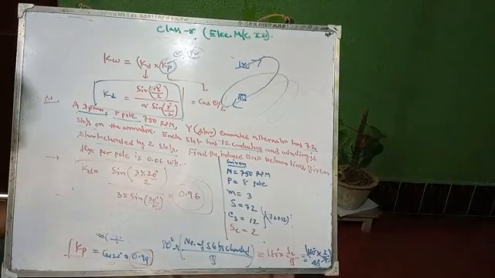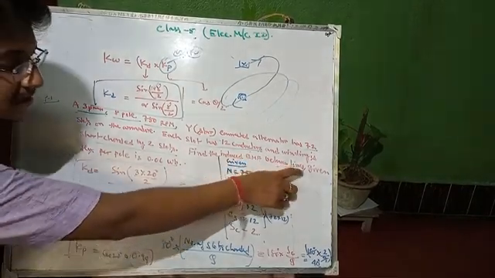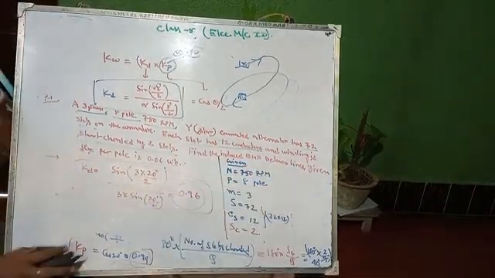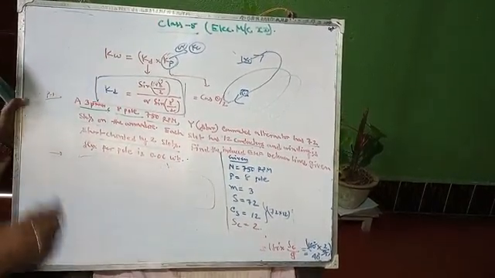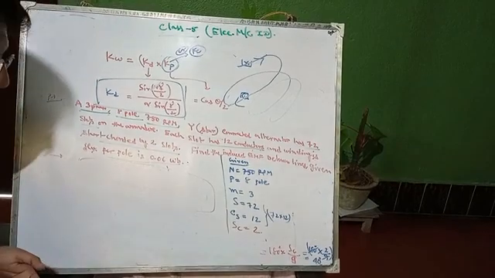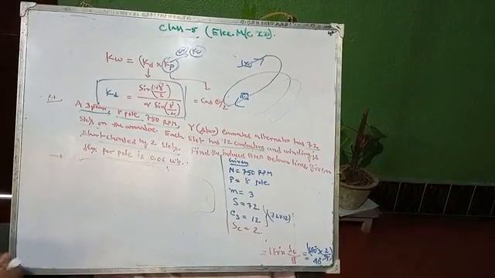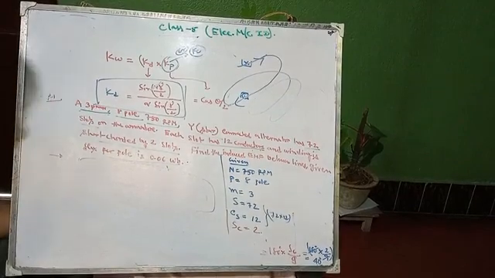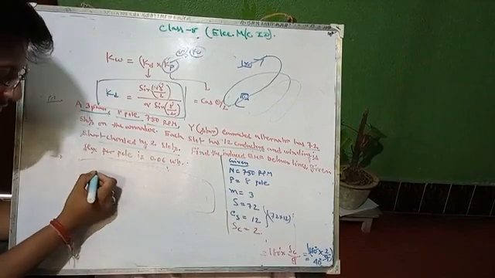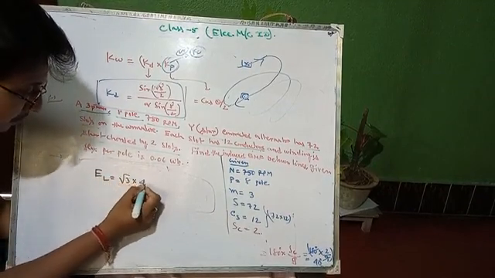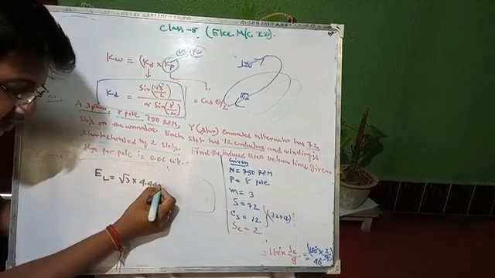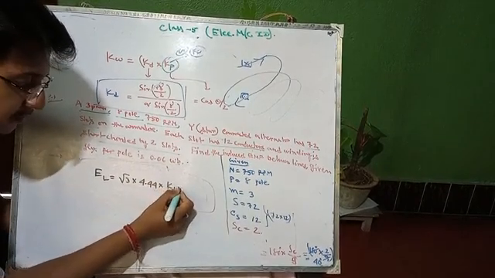What do you have to calculate? You have to find the EMF between lines, so the induced line EMF. Write induced line EMF. This formula you have to remember. When we discuss the alternator part in the 3-phase synchronous machine, you can easily understand how this formula comes. So E line voltage equals √3. Forcefully you have to remember, okay?